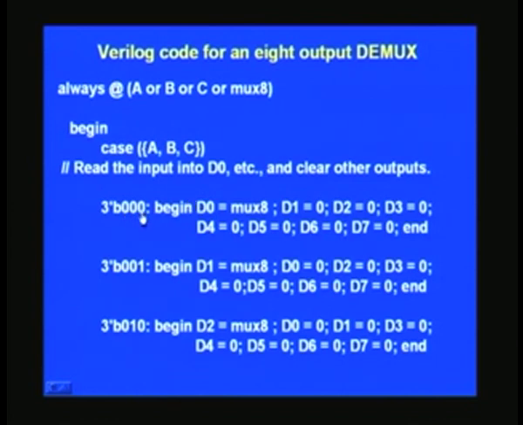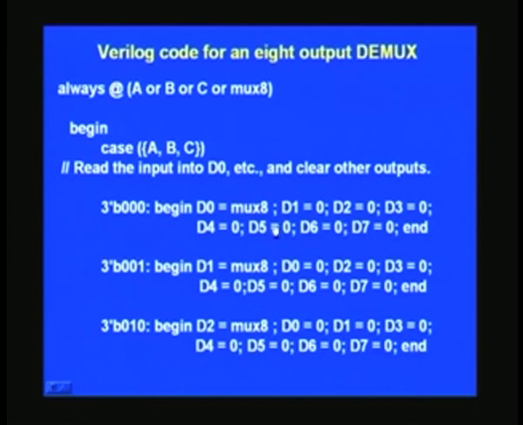For example, if it is 0 0 0, we notice that mux 8 must be routed to the D0 output. That is precisely what is being done in this statement. So mux 8, which was the output of the 8 input multiplexer we have seen, is assigned to this D0 here. And you notice that D1 through D7 are all made zeros here, because it can enter from any other state. Unless you make them zeros here, it may hamper the performance. It may have come from a latch, and it may latch onto the old signals, right,